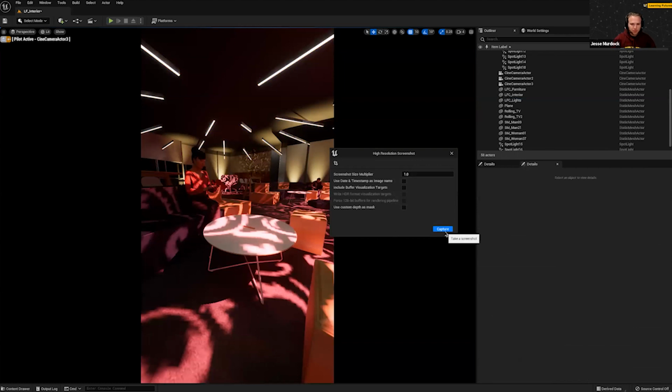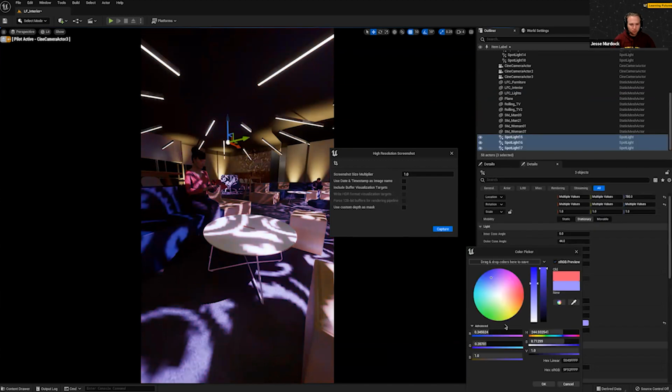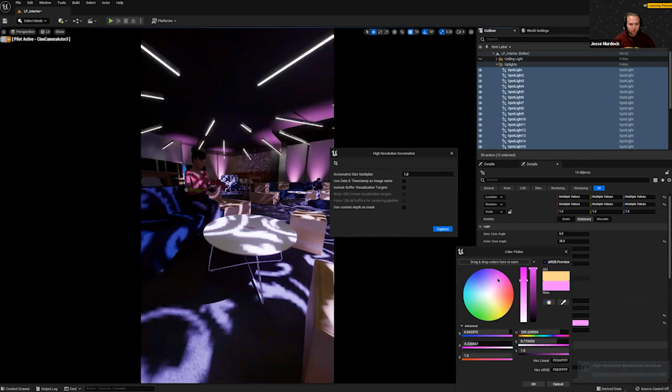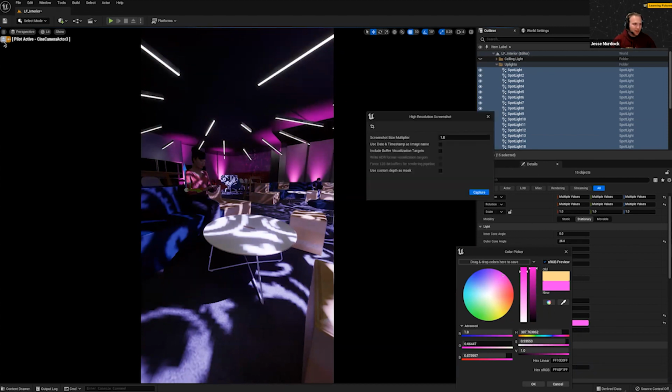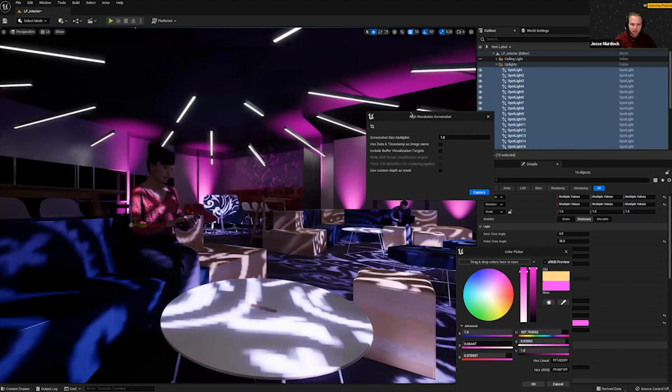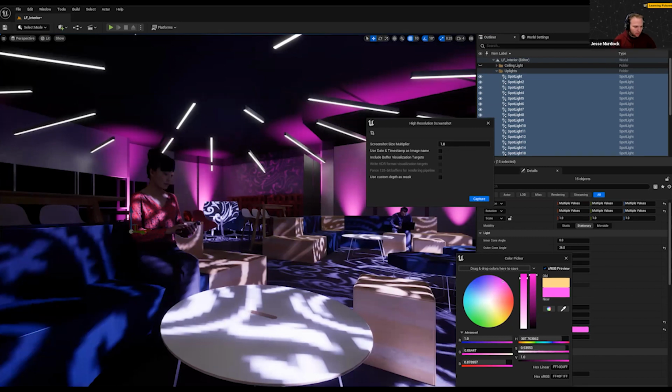And do another capture here. Change this color to blue. Capture there again. Change the uplights to like that color. I like this color scheme a lot. Capture. And what else? Now, because those three were in the same spot, when we go to the file location where that was stored,